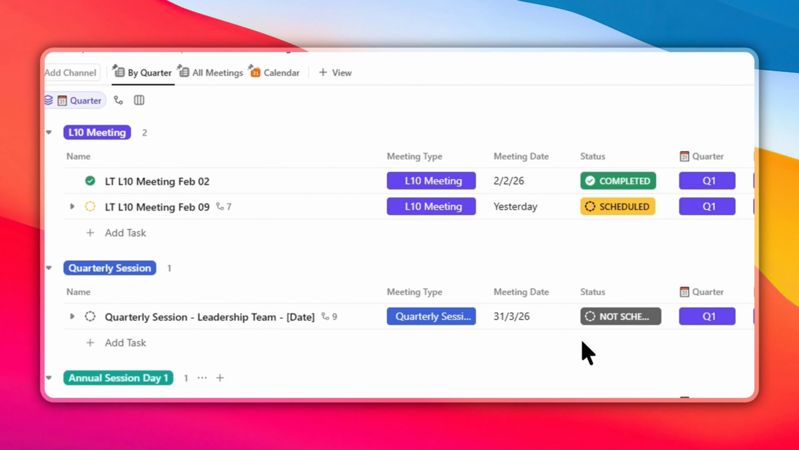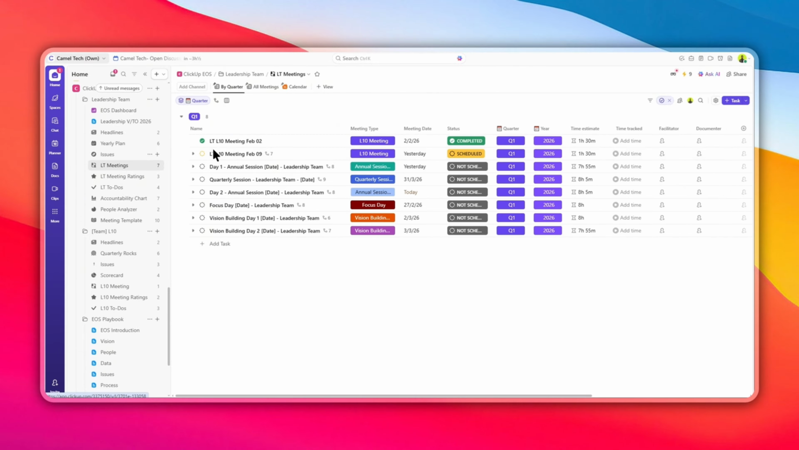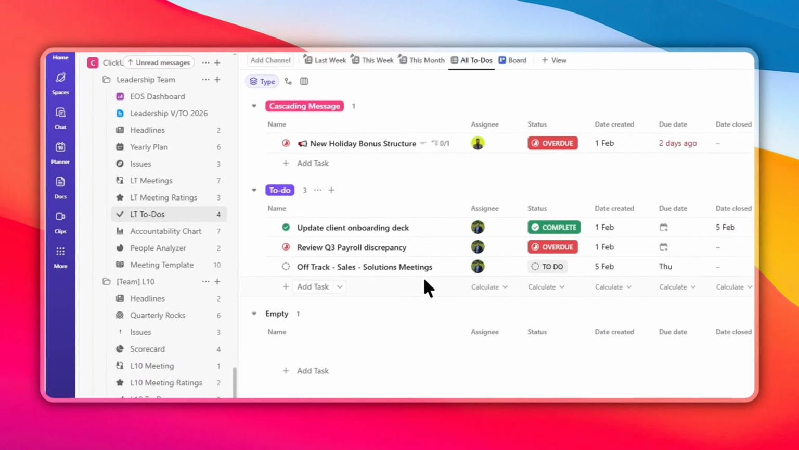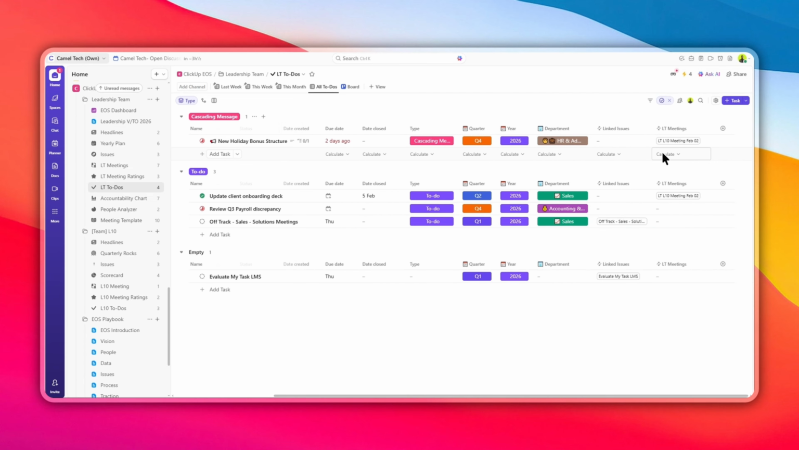By quarter view, you can see this level 10 meeting has a relationship field where you can link it. The rating score is a roll-up from linked ratings, showing the average rating. There are also linked todos from that level 10 meeting. In the detailed video, I've explained how to create relationship fields and roll-ups. These are the todos for the leadership team meetings. When you have a leadership team meeting, you can add todos right from that meeting agenda, and it updates here. You also need to link it back to the meeting so you can see which todos are linked to which